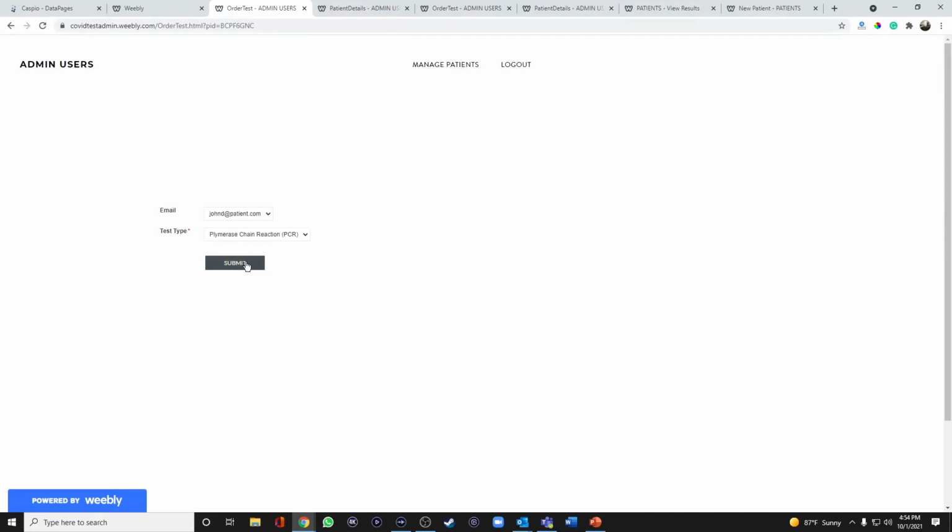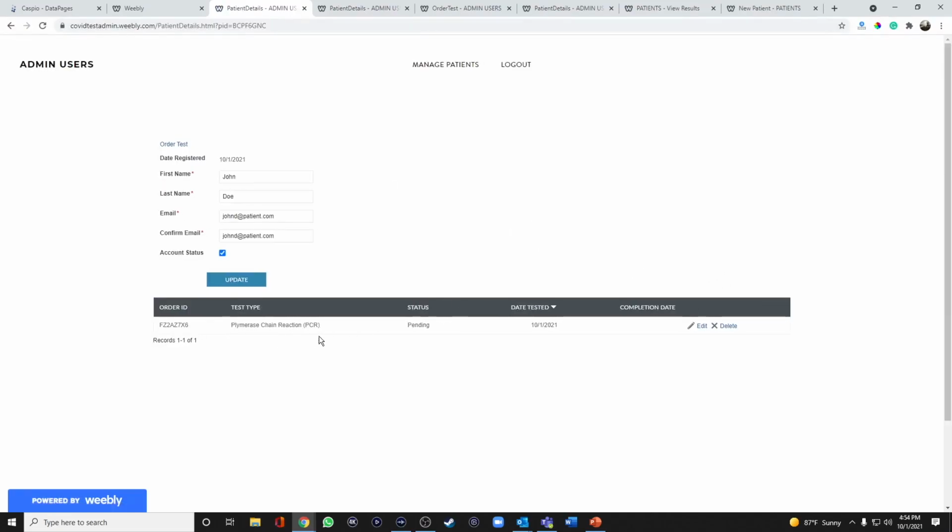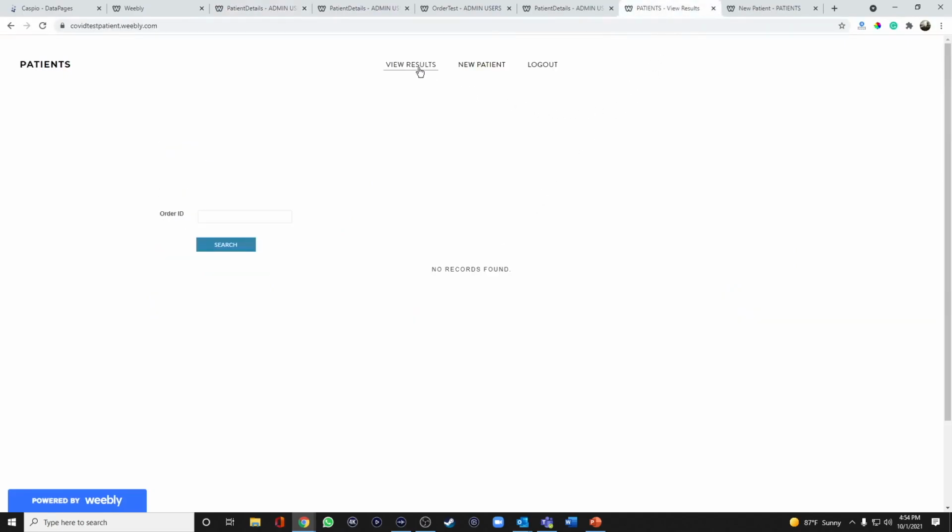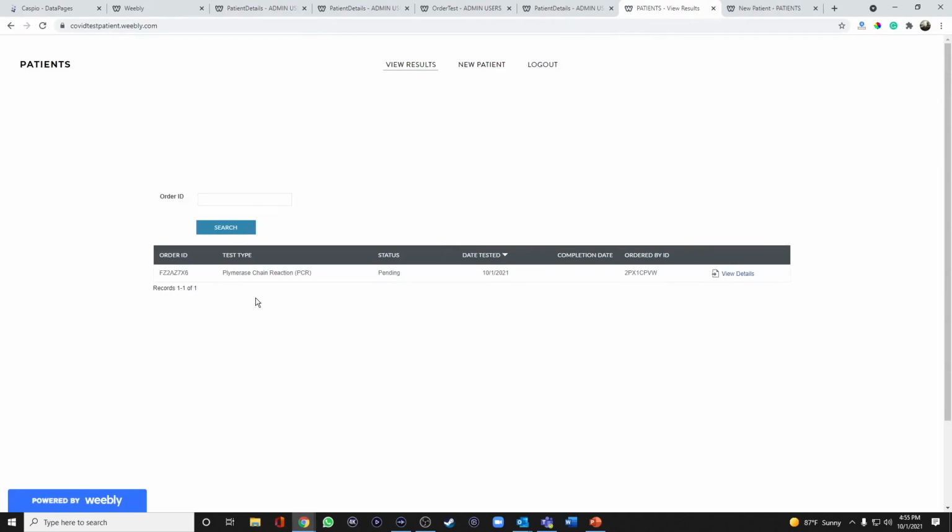So when I hit submit, and you go back to Manage Patients and click on John's name again, now you can see that very first test that's been ordered for John. When John logs into his account and reloads the page, he's going to be able to see that test listed inside his portal. But let's configure that email now that goes out to John